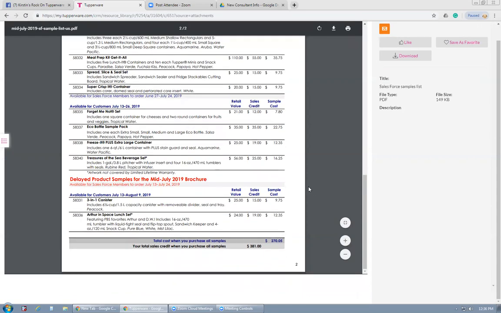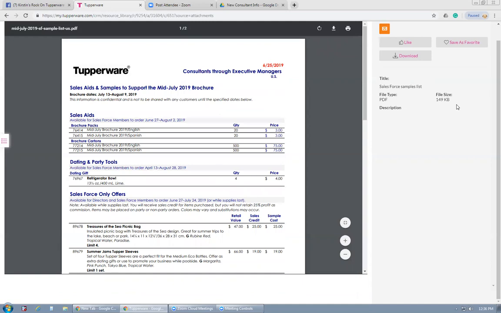Let's see. So those are our sample lists. If you have questions about this, just let us know. We can walk you through it some more. What I do want to point out is that all samples are available 2 weeks before flyers start or a catalog starts, and they end 2 weeks before they end. So you'll see on here, their sure dates are July 13th to August 9th, but